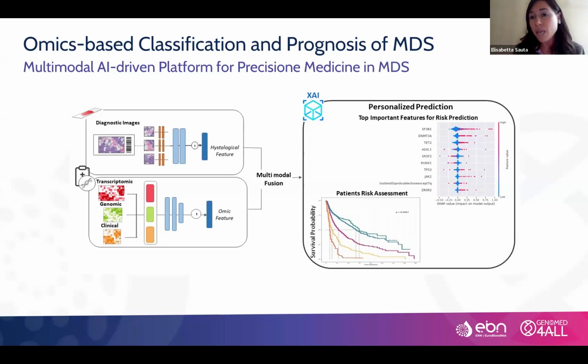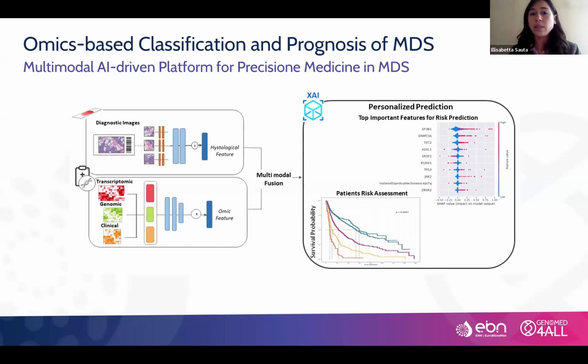One that is based on a foundation model fine-tuned for the hematological domain, of course. We are trying to segment and extract features from digital pathology images, and another layer in which, with other deep neural networks, we are trying to extract information from all the other data modalities. Then we want to combine the extracted features and have a personalized risk prediction for each patient based on the